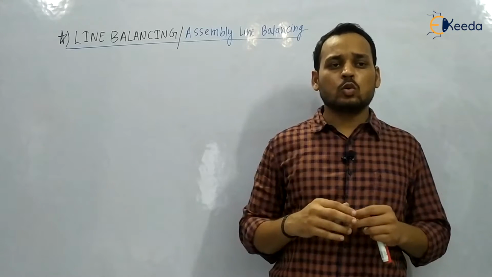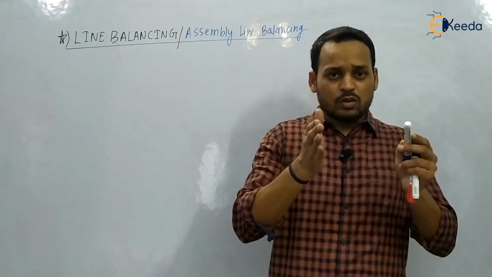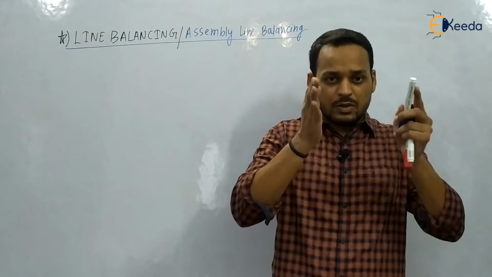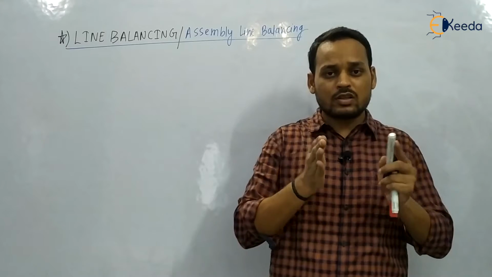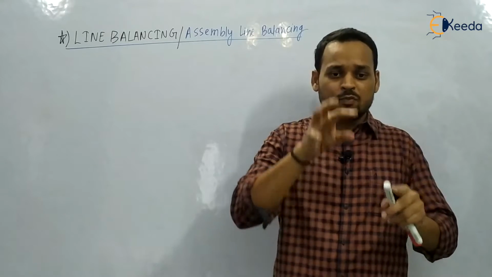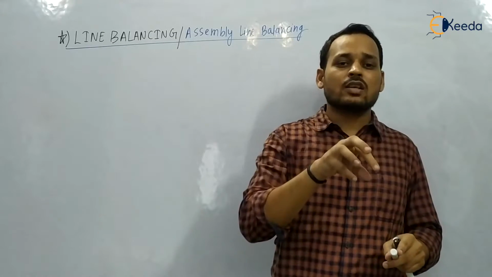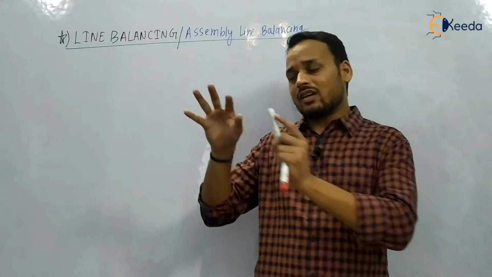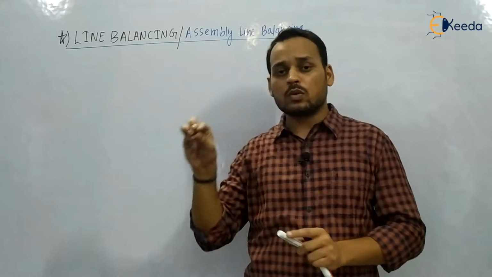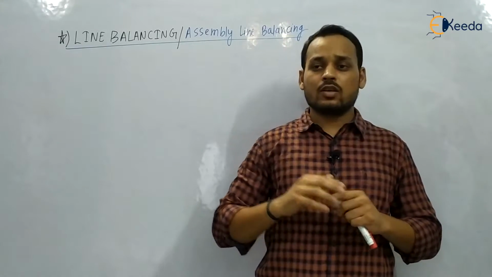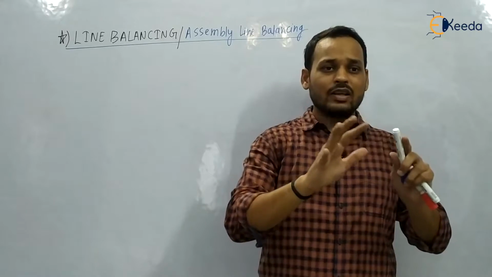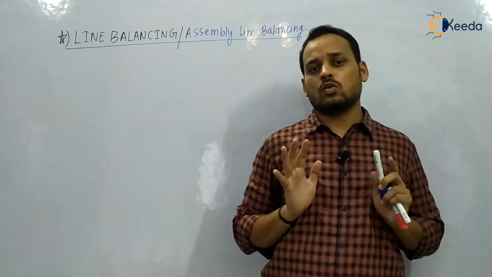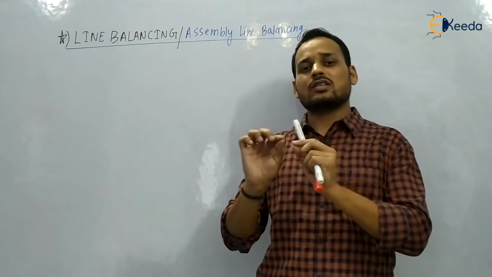So what we are going to do is group the work facilities together. It means that we will specify a place, that is basically known as a workstation. At this station we are only going to perform the turning operation, at the other place we are only going to perform the drilling operation. Like this we are dividing the different processes into steps. So basically it is a step by step process.